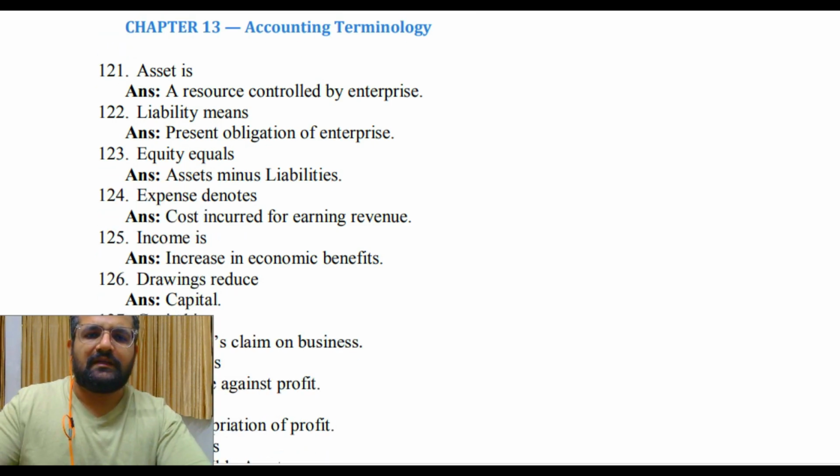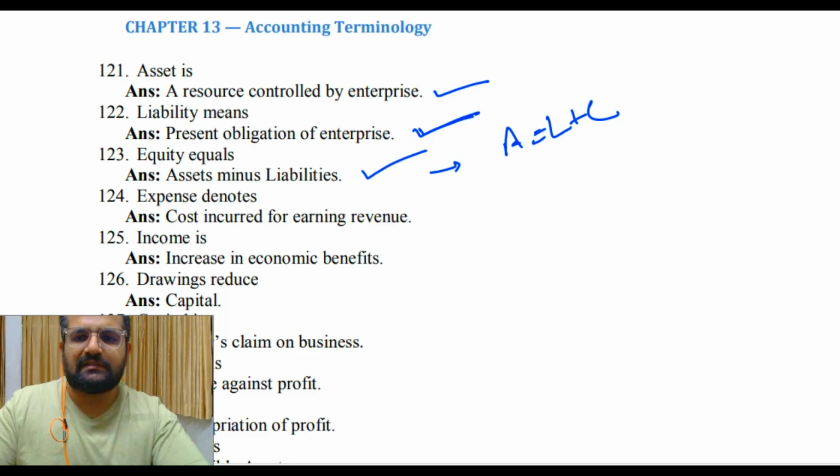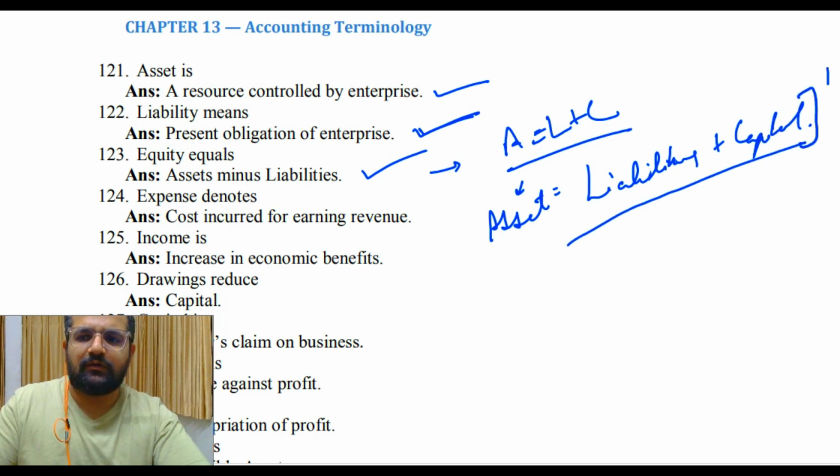Then asset is a resource controlled by the enterprise. Liability means present obligation of the enterprise. Equity equals asset minus liability. हमने एक गोल्डन रूल भी पढ़ा था, इसमें हमने याद किया था एस्पिरेंट सीरीज को, संदीप भैया को, वो एलसी बने थे, इसलिए ए इज इक्वल टू एल प्लस सी से हमने याद किया था ए एल सी. दैट इज एसेट is equal to liabilities plus capital. ठीक है, वेरी इंपॉर्टेंट, ये एज इट इज आया हुआ है फॉर्मूला. ठीक है, तो ALC याद रखना है, असिस्टेंट लेबर कमिश्नर बने थे वो, तो ALC एसेट इज इक्वल टू लाइबिलिटी